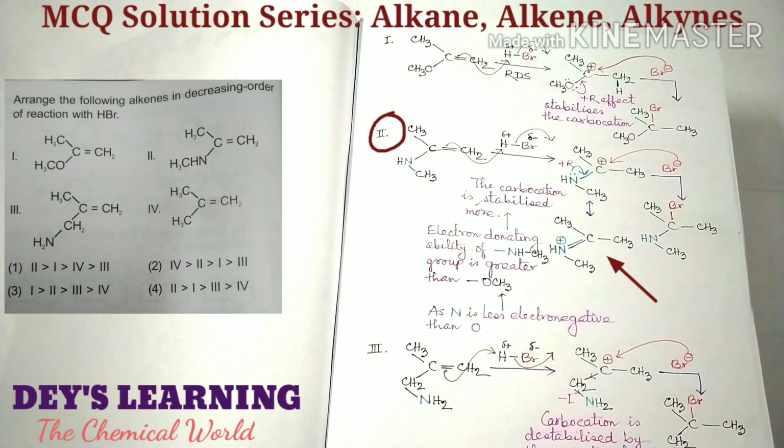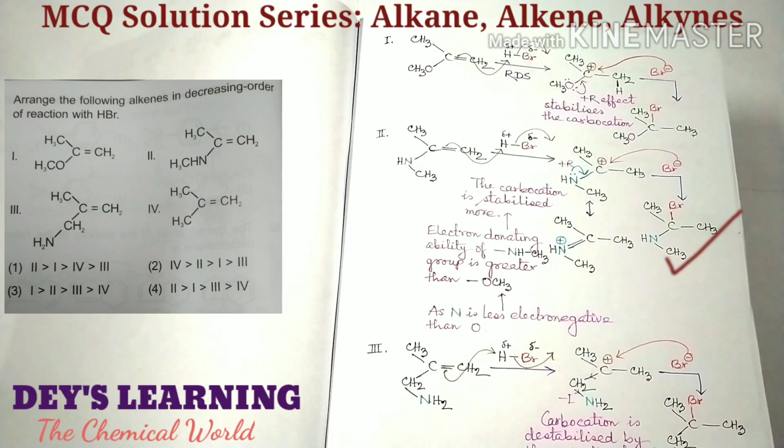We know the electron donating ability of NHCH3 is greater than OCH3, obviously, because nitrogen is less electronegative than oxygen, so its electron donating capability is greater than that of oxygen. So the carbocation formed from compound 2 is more stable than that obtained from compound 1, and then Br minus